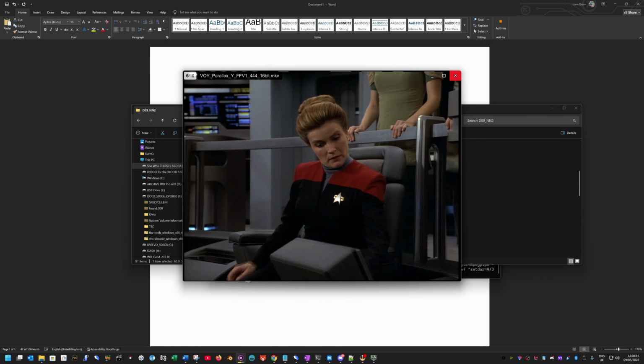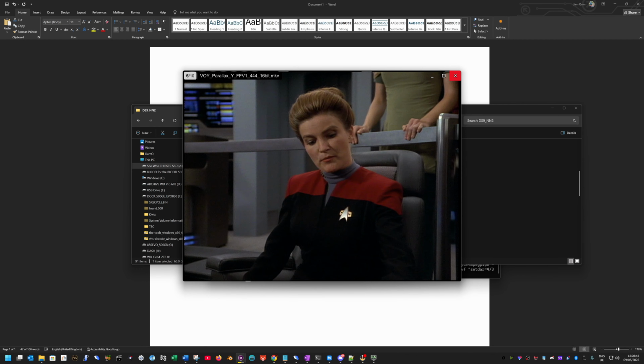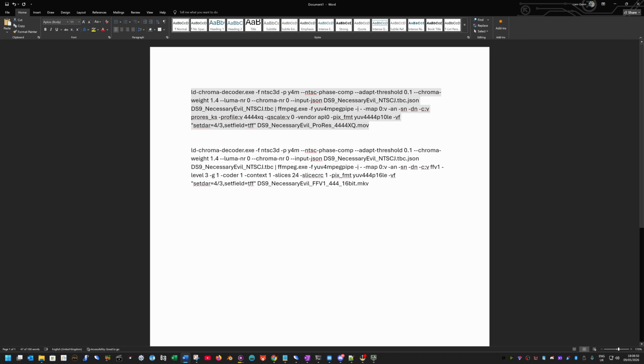You'll notice there is no sound, because sound is a different part of the encoding process from a Laserdisc. Obviously, if you're a purist, you want stereo. There's a few options on Laserdisc which are beyond the scope of this video to get audio out. I'm not doing that because I'm going to pair it with the 5.1 DVD audio. So I'm taking audio from a DVD source and pairing it with video from a Laserdisc